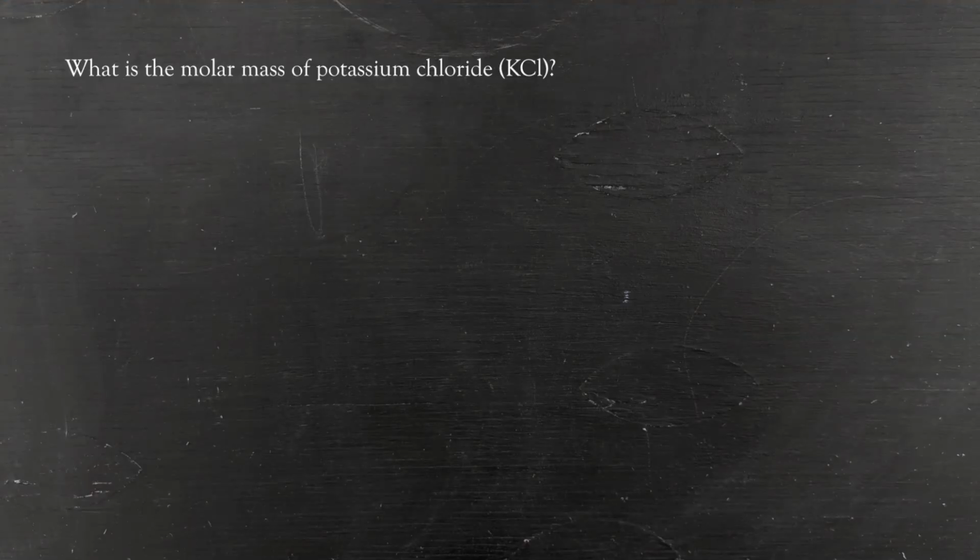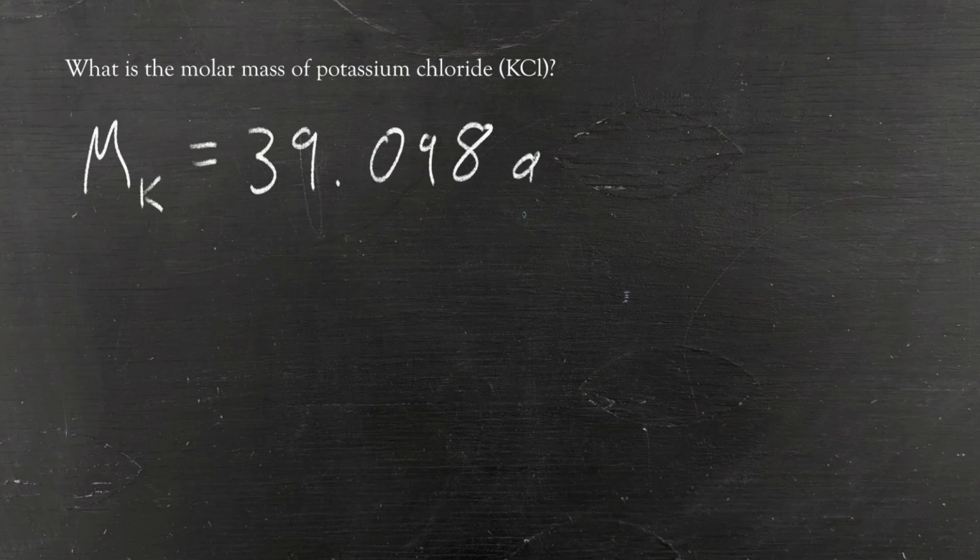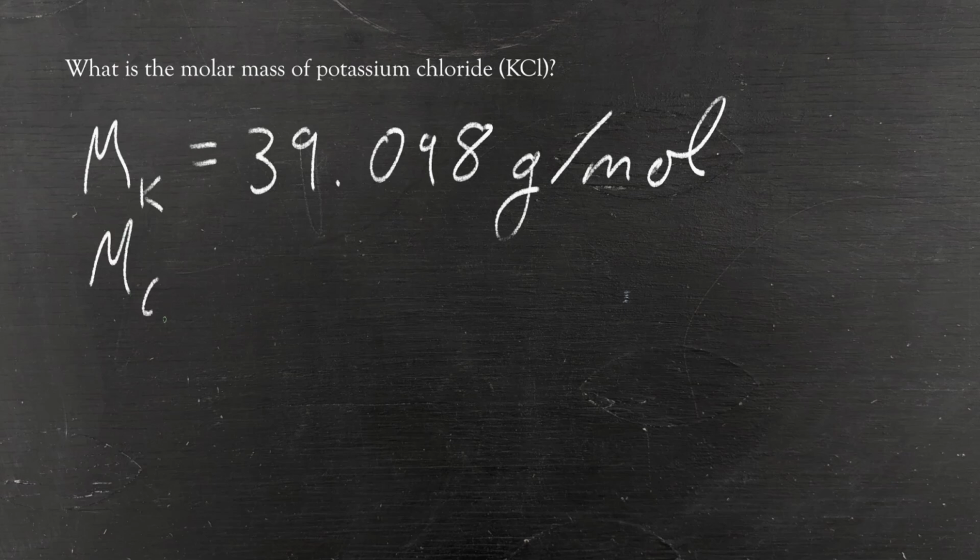In this first question, we're asked, what is the molar mass of potassium chloride? To answer this question, we will need to refer to a periodic table. Looking at the periodic table, we see that the molar mass of potassium is equal to 39.098 grams per mole, and the molar mass of chlorine is equal to